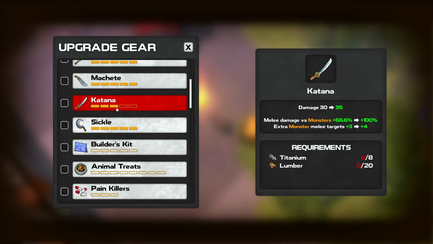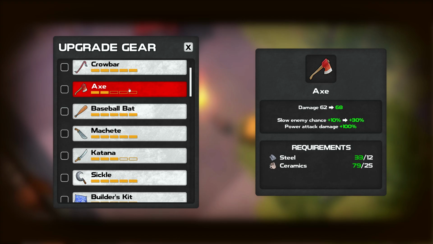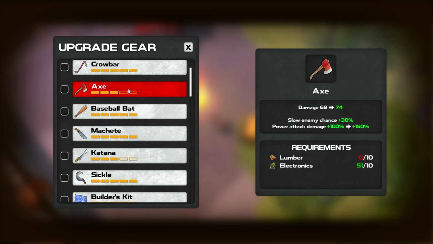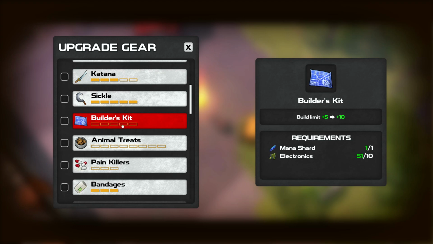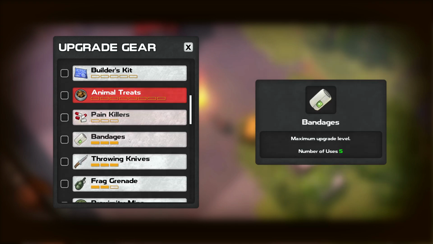We need the lumber. I have the baseball bat fully upgraded. We can theoretically upgrade the axe. And then I need lumber again and electronics. The dumbest ever requirement for axe upgrades. But okay, builder's kit, we can upgrade that with a mana shard. It's not needed. We need a whole lot of carrots in order to...